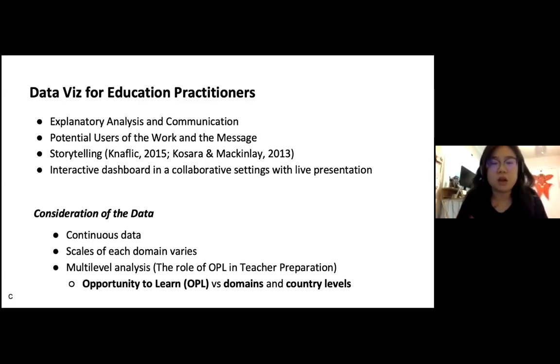So there was an interactive part that allows them to collaborate with each other. And then also we showed the Tableau display at the end, and then also let them navigate with some of the guided questions that we developed for them. So before we build this dashboard, we had to consider a couple of things that we were dealing with.